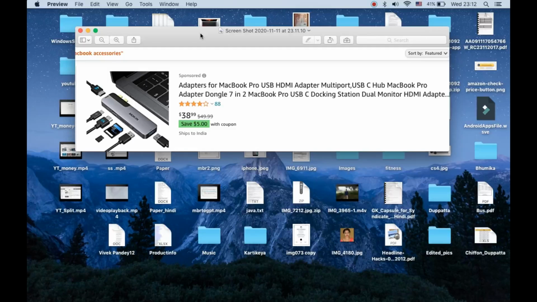So this is how you can use the snipping tool on your MacBook Pro and MacBook Air. You simply need to press command shift and 4, and then you can make a selection and you can take the